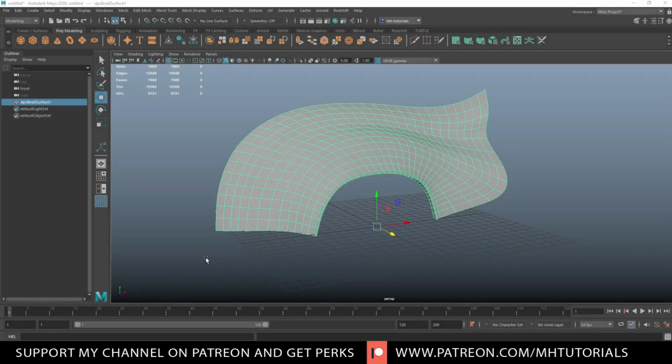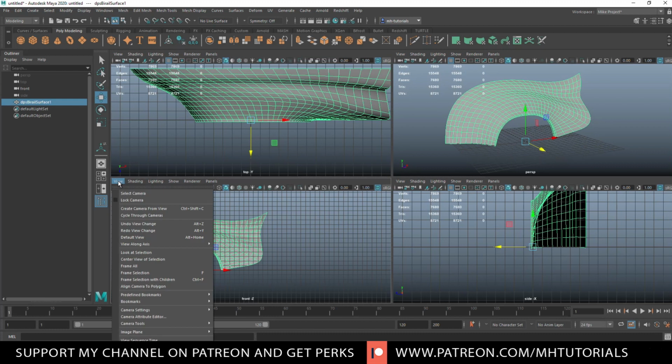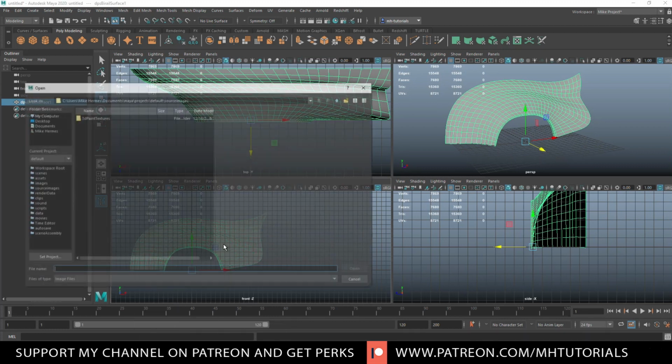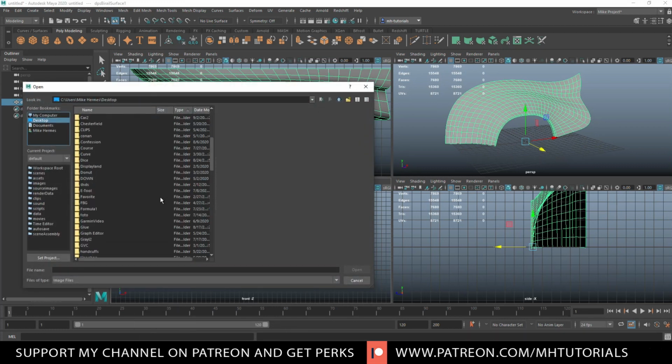Okay everybody, well here we are. We're in Maya 2020 and in front of you is kind of a mock-up of a panel of a car, because I want to show you guys something related to detailing. Now to give you an idea what I'm talking about, let's just jump here to this screen and we're going to go into import image and let's take something like